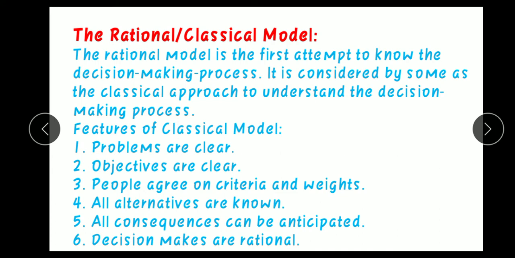So here for example कि कोई एक student है and he wants to choose the streams आफ्टर 10th कि साइंस में जाना है या आर्ट्स सेक्शन में जाना है या कॉमर्स सेक्शन, कौन सा लाइन में जाना है. So in that case they take a rational or classical model of decision making process.